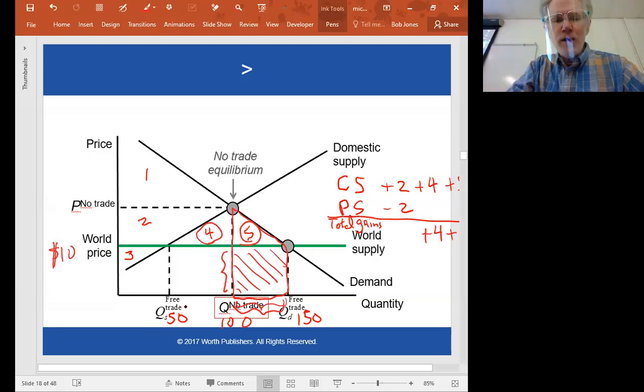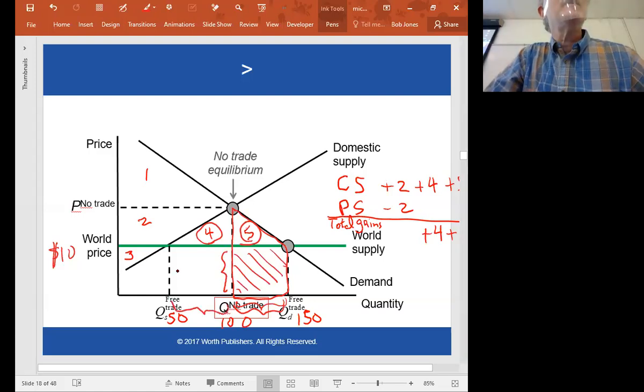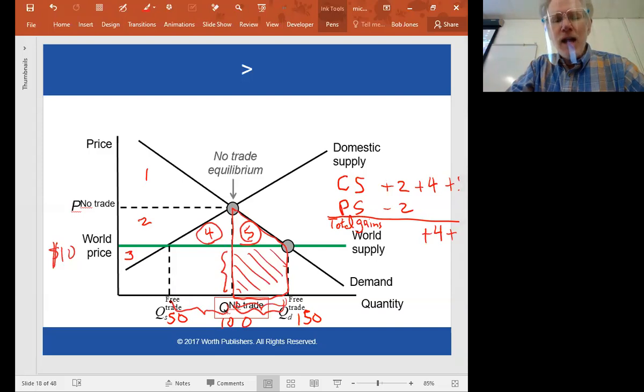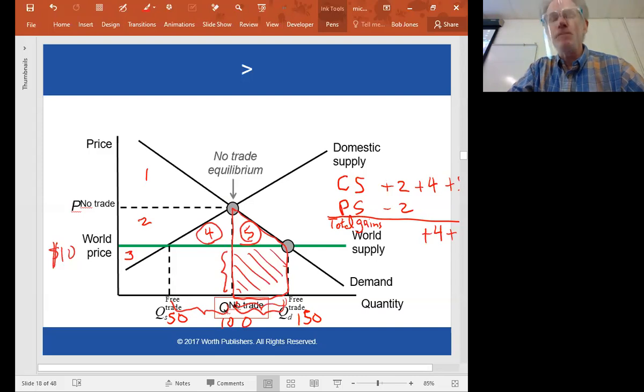That has to do with, isn't that the producer side? This is going to have to do with producers. And it has to do with this 50 million here. Before trade, consumers were getting 100 million. Well, we're now looking at this 50 million that they were already getting. And the cost of producing that 50 million,